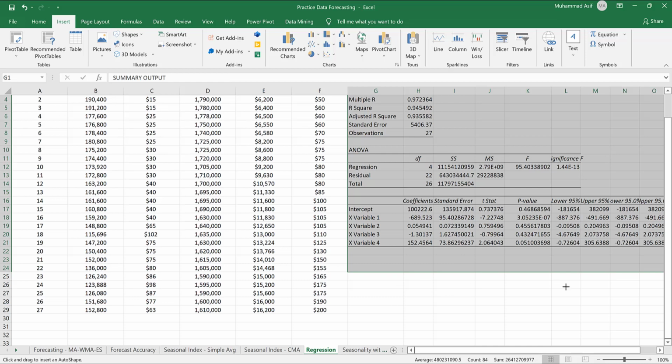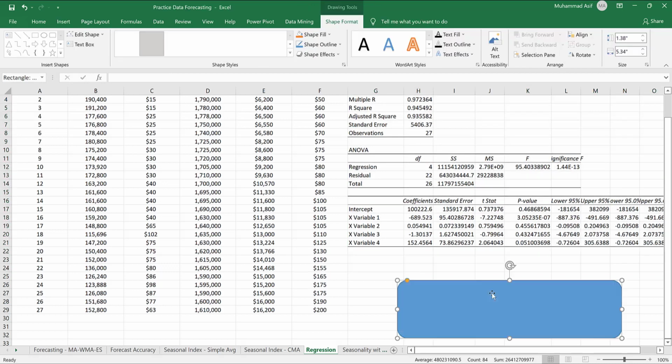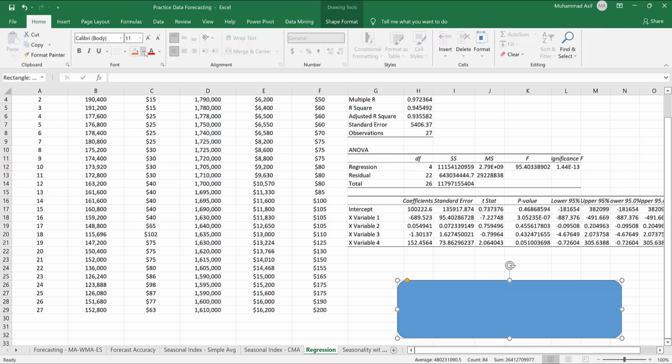So let's say we write an equation like: forecast for the next period is equal to intercept, and the intercept over here is this value, plus slope of x1, that's x variable 1, x1,